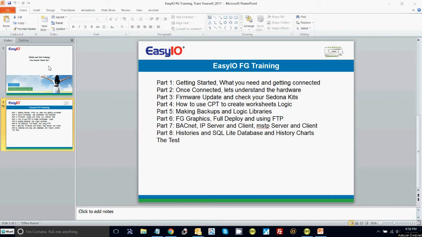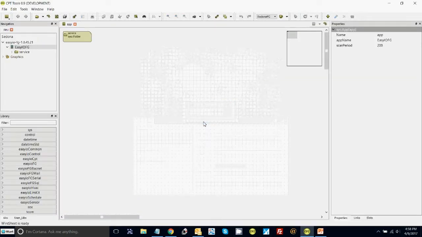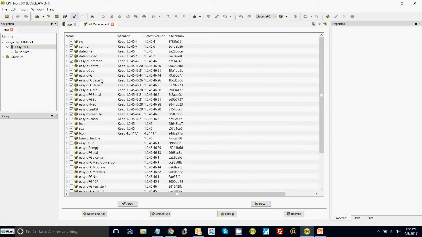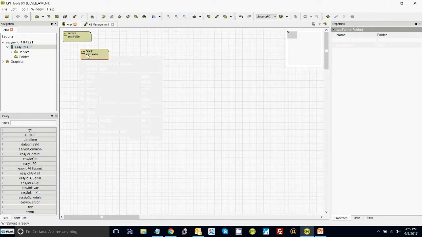So what we're going to do now is go to the CPT, open it, and start with a blank wire sheet. You'll see all the kits are installed, the FG BACnet kit is installed. Make sure they all equal. That looks perfect. What I always do is I like to always have a separate folder for everything I do. So I just name this BACnet,